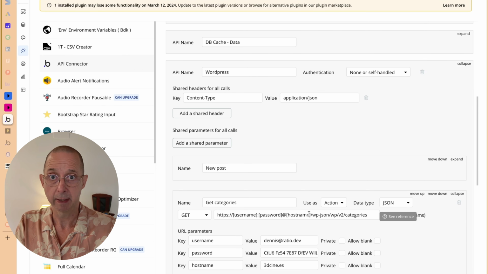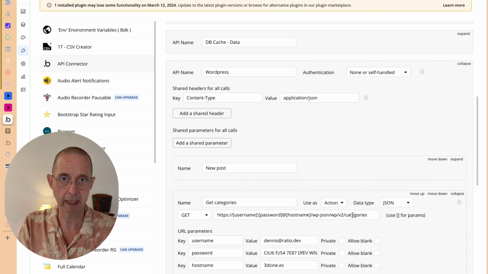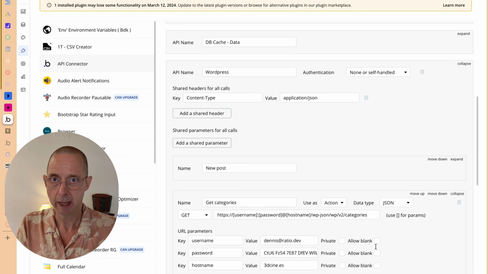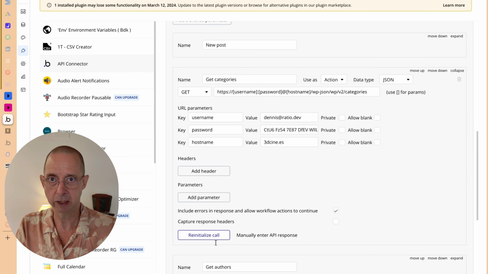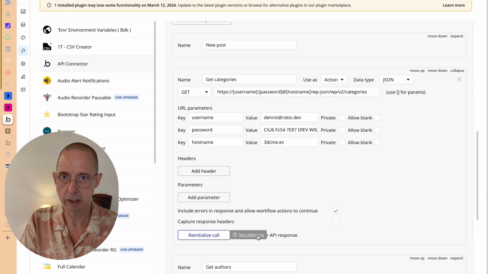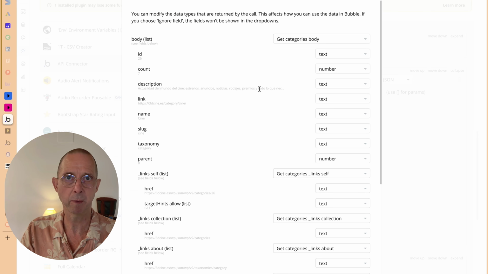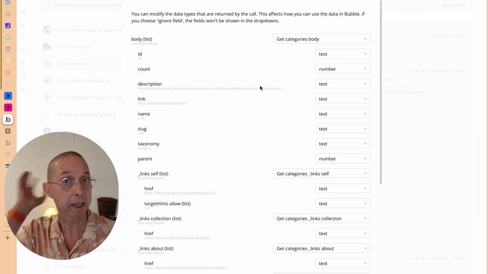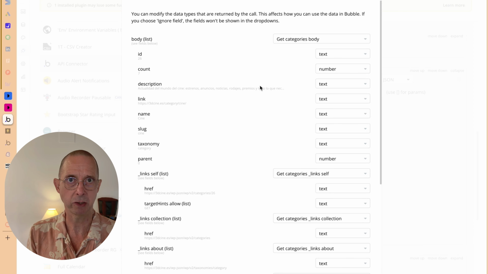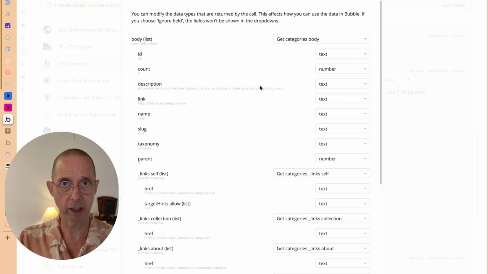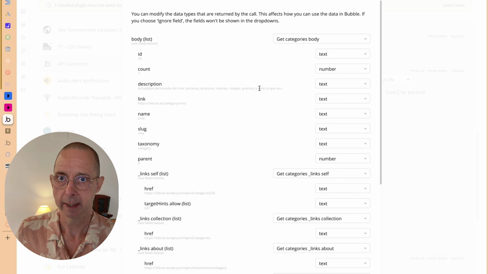At the host name /wp-json/wp/v2/categories. Once you've done this, you can initialize the call and you'll see the response will be all the information from that WordPress blog's categories. Why? Because you're going to want to put these somewhere in your Bubble application so that you can reference them. And we're going to create a workflow that does just that,